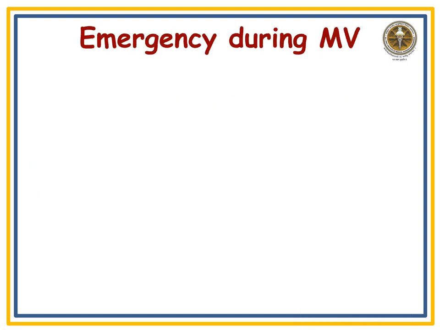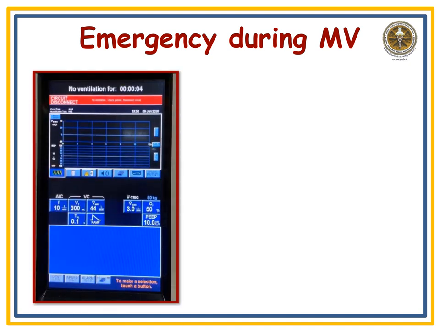During mechanical ventilation, you may face some troubles. These are the emergency situations during mechanical ventilation. If we do not attend to those things, it may lead to mechanical failure or failure in mechanical ventilation. So how will we identify all these problems? There are systems like alarms. When there is a problem in delivering mechanical ventilation, the ventilator gives some alarms. The alarm comes in the form of some color, and some written instruction comes over the screen.